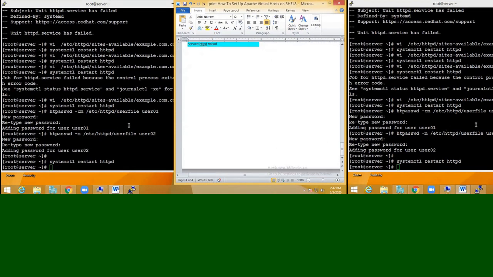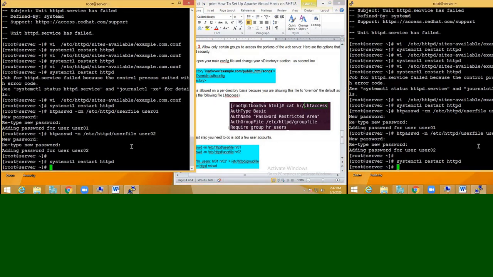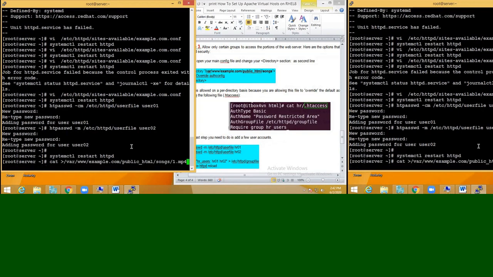Another method is that we have to create one .htaccess file inside songs. Then we have to type this section. So for that I'll go to the songs directory directly, and in the songs directory let me create one .htaccess file.